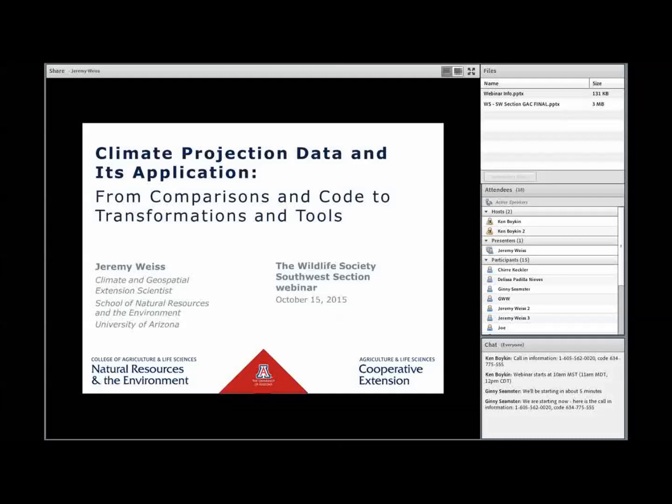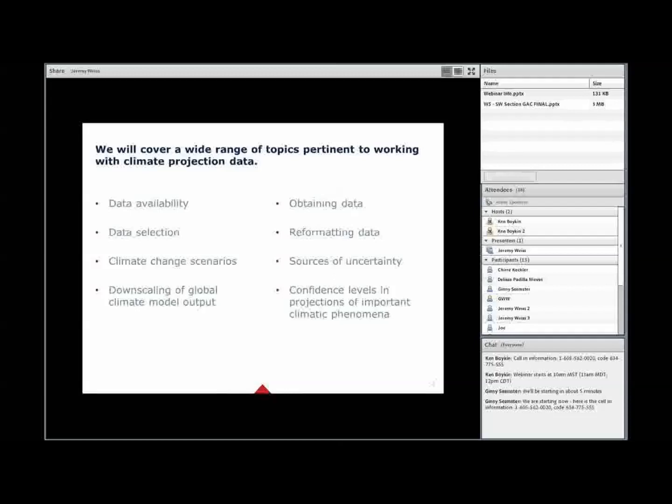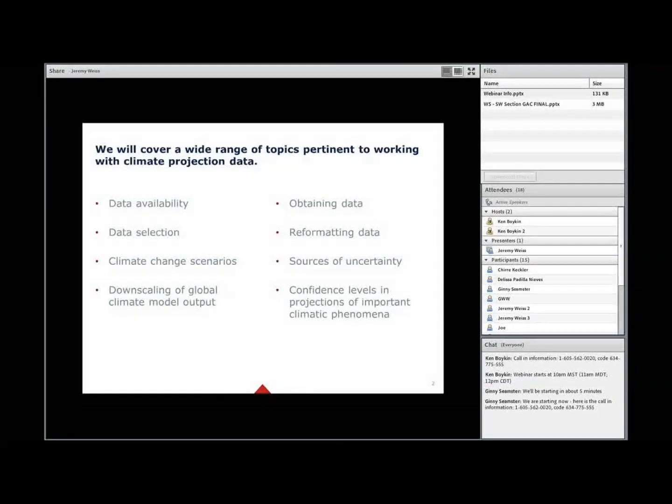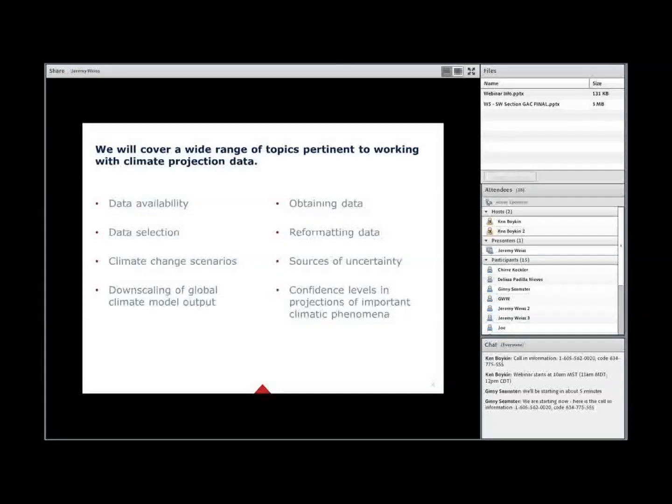So this morning, I'd really like to touch upon a pretty wide range of topics, as the webinar advertisement noted, that are pertinent to working with climate projection data in applied contexts. I'd like to go over a number of topics, such as data availability, data selection. I'd like to discuss some of the details regarding climate change scenarios, as well as downscaling of global climate model output.